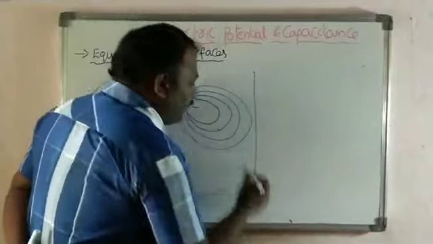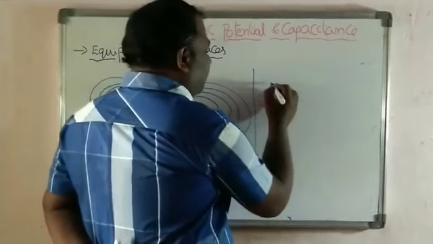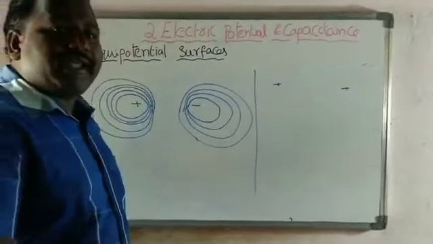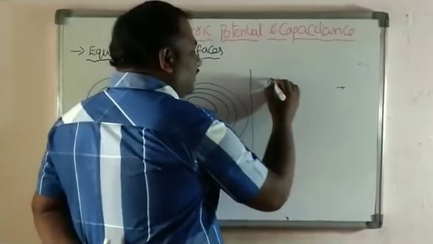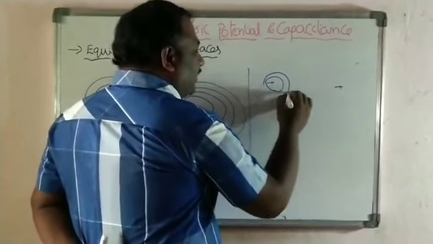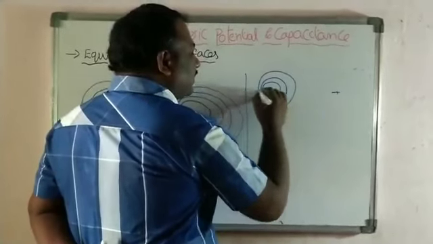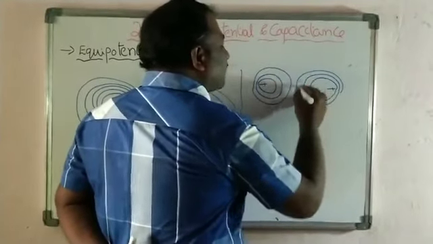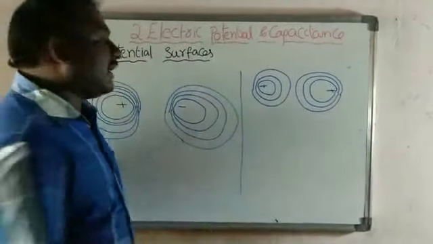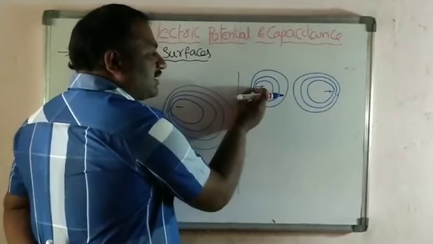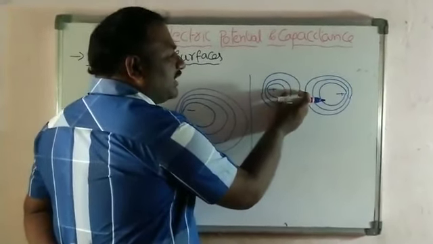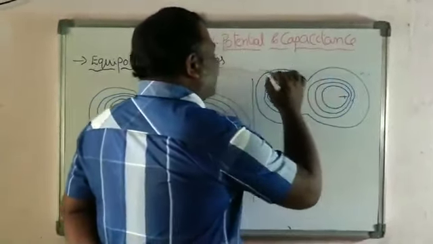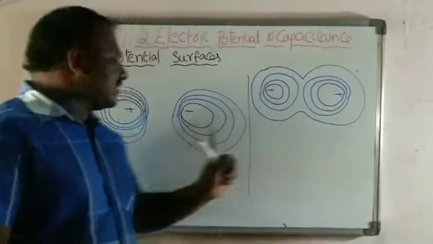In a similar way, if you take like charges, for example, this is a positive charge and I take another positive charge. When we take positive charges, the lines are drawn in this manner. You know that when we consider like charges, due to like charges, a force of repulsion is present. When the force of repulsion is there, due to that repulsion, outside the surfaces are nearer to each other and inside the surfaces are far from each other. So this is the equipotential surface drawn for the like charges and unlike charges.